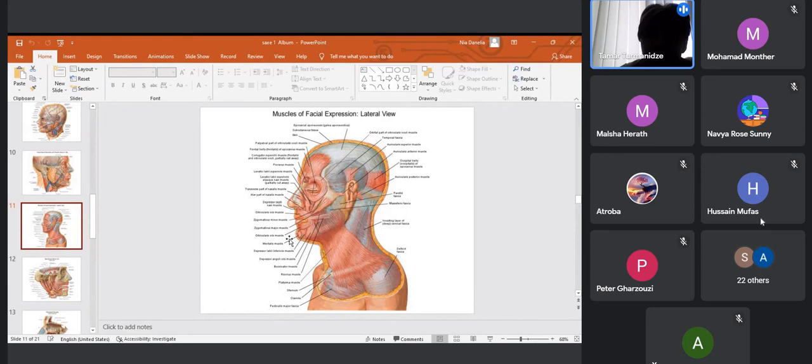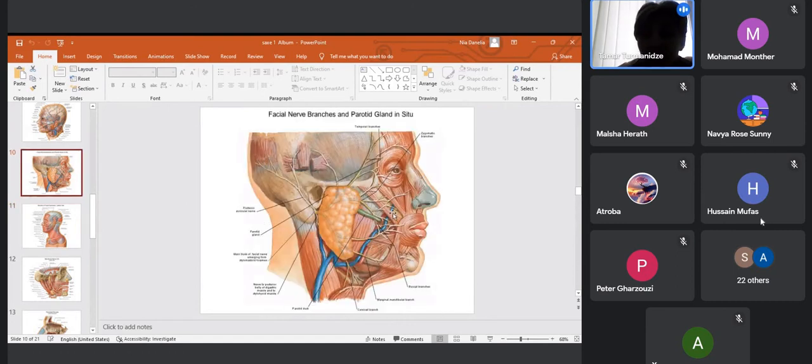The face is divided into anterior part and lateral part. In the anterior part, we have different regions. We have orbital region, nasal region, infraorbital region, oral region, mental region, and also buccal region, and in the lateral part of the face, as is well shown on this picture, we have